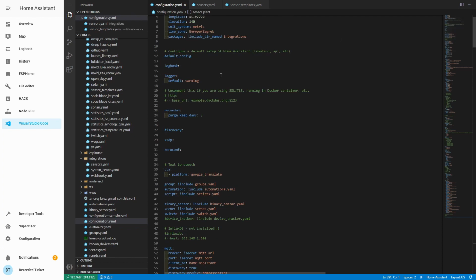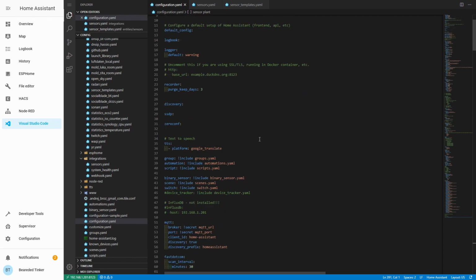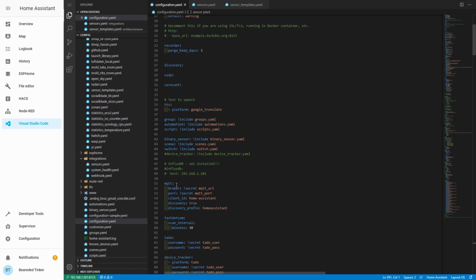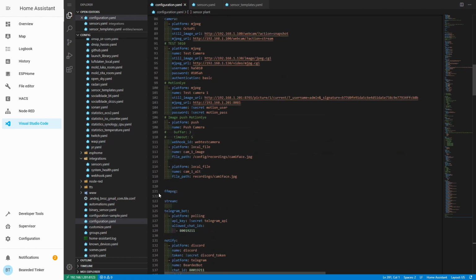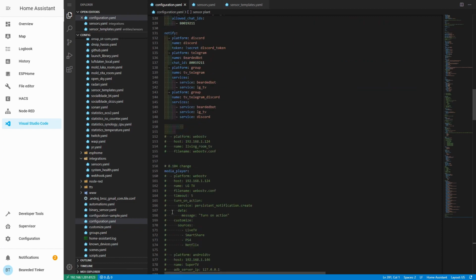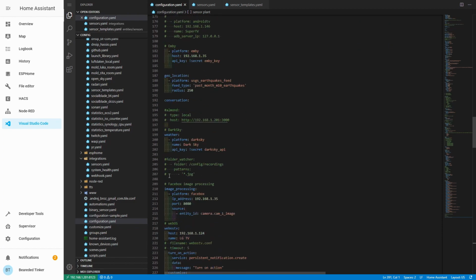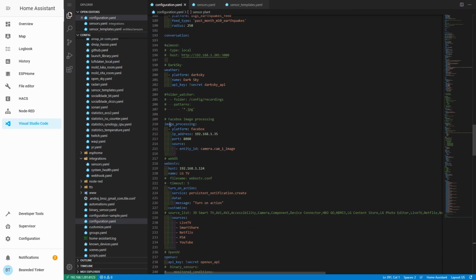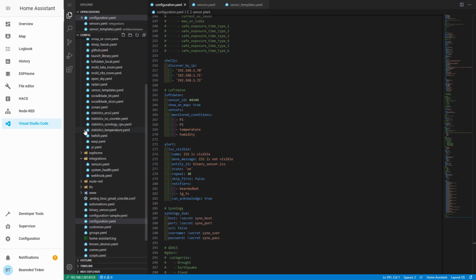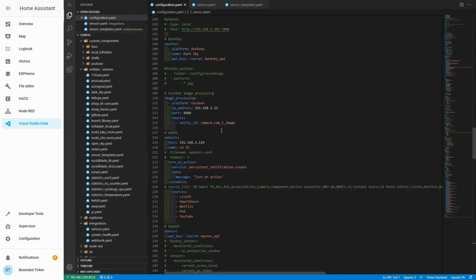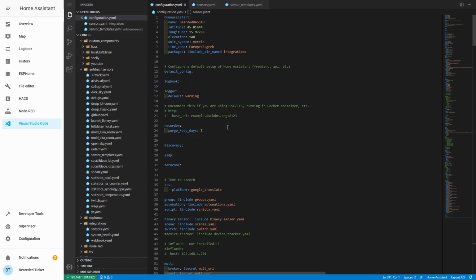So as I said, what I would prefer, what I would do is I would move first all the integrations that are directly configured into the configuration.yaml file. So each of those, TTS, MQTT, fast.com, Tado, Octoprint, stream, Telegram bot, weather, image processing, OpenUV, Shelly, Luftdaten, so on and so on. I would move them first into the integrations folder, and then I would continue with the specific files that contain,